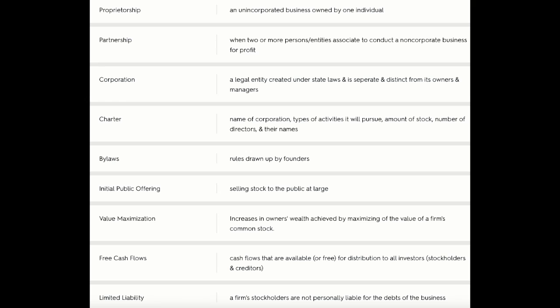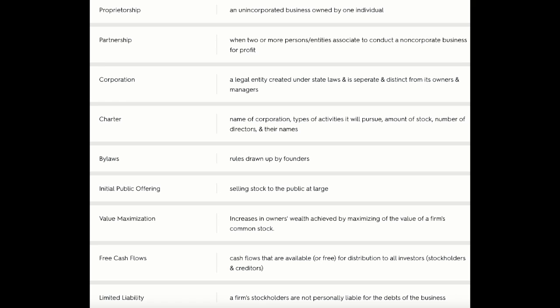Agency problems can occur if the managers act in their own best interests rather than the best interests of the owners. Agency problems can be addressed by the company's corporate governance, which is a set of rules that control a company's behavior towards its directors, managers, employees, shareholders, creditors, customers, competitors, and community.